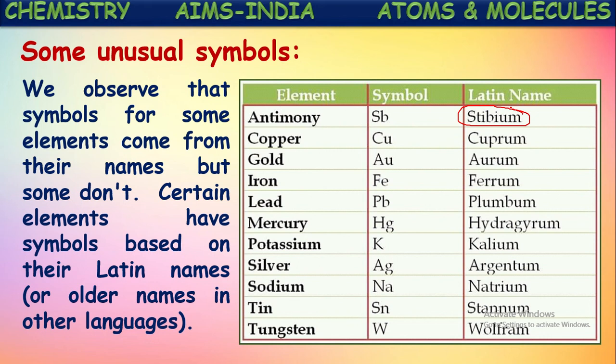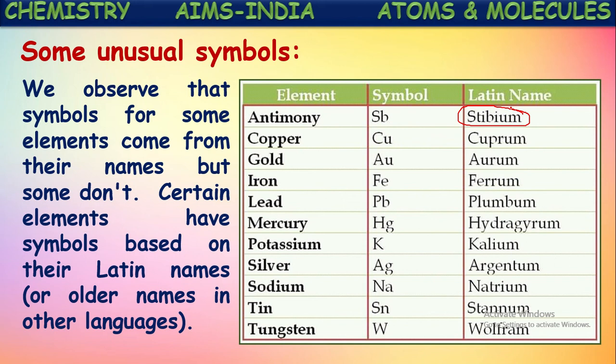Next, potassium. Its Latin name is kalium, so its symbol is K. Silver. Its Latin name is argentum, so its symbol is Ag. Sodium, natrium, Na. Tin, stannum, Sn. Tungsten, wolfram, W. By this, you might have got the idea why the symbol of sodium is Na